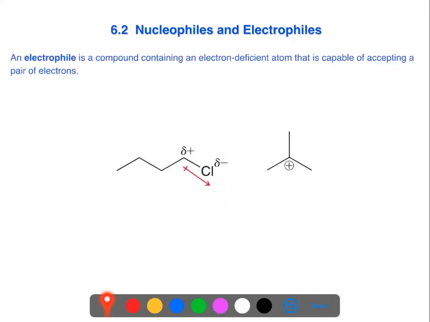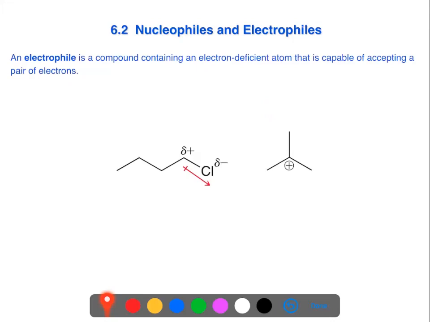Now, in terms of electrophiles, as we've said in the previous few slides, or in our opener, these are compounds that contain electron deficient atoms. And so they're able and willing, they're capable of accepting that electron density, a pair of electrons. These can be regions of low electron density, as shown by partial positive charges when we're assigning these delta positives and delta minuses to particular polar bonds within molecules,